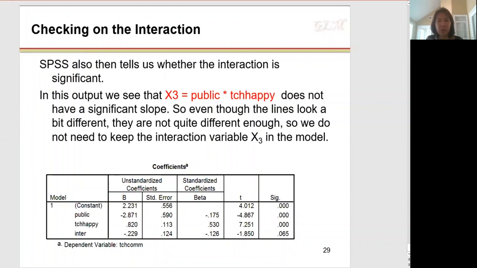SPSS also tells us whether the interaction is significant. Here, since we have 3 terms, public school, teacher happiness, and interaction, the interaction is here, and the interaction p-value is here. So based upon this SPSS output, even though we saw the visualization, the scatter plot shows lines crossed between public school and private school, so we had a suspicious feeling about that interaction effect, right? However, when we ran the interaction analysis here, the p-value shows